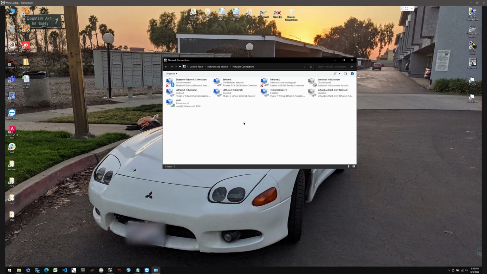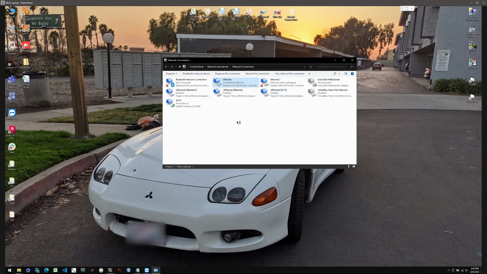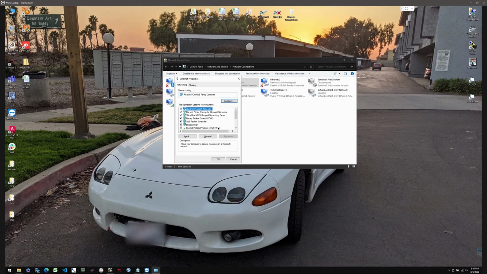Now I have quite a few network adapters here. Yours will probably be much less. What you're looking for is your main Ethernet connection. And you'll see we have our Wi-Fi and such here and some other virtual ones going. You'll have your Bluetooth as well. What you're looking for is this one right here, just your main Ethernet. So if we double click on this, or you can right click and go to properties, it will bring open